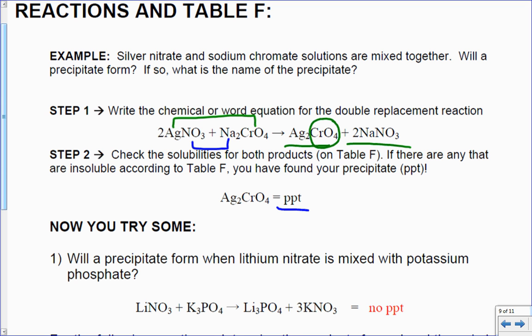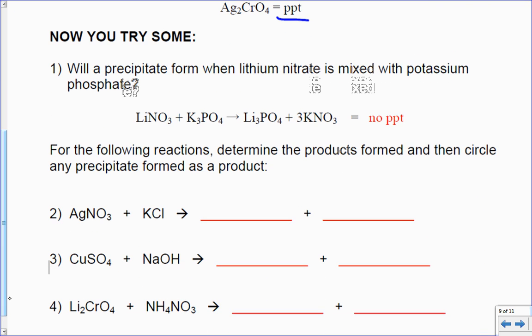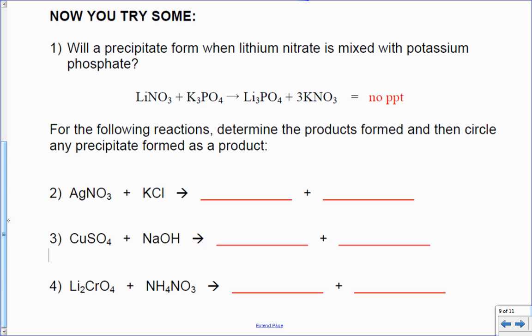So now we need to try some. Okay. And let me help you with a couple, 2 or 3 of these. I see one. The first one's done. So we need to be able to do 2, 3, and 4. How about I do 1 and you do 2 and we'll be good to go. Looks like number 4 is the hardest, so I'm going to start with that. Okay, I'm going to take the positive species and the negative species and put them together. So that is